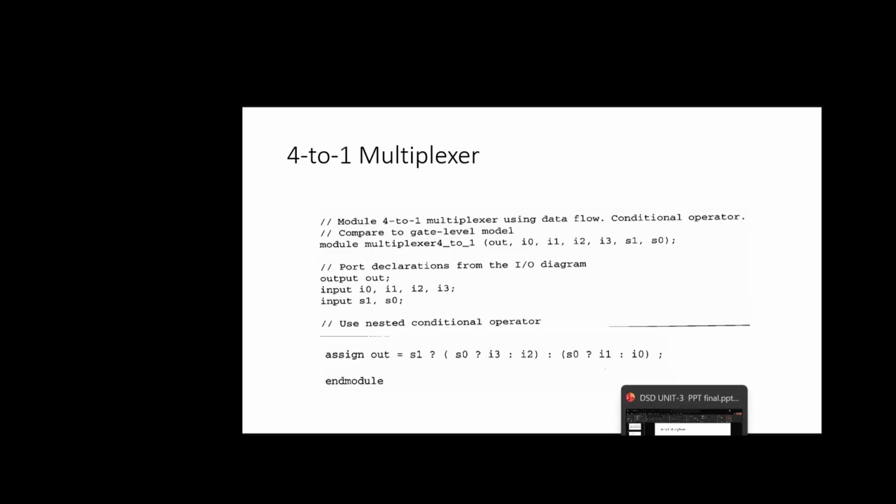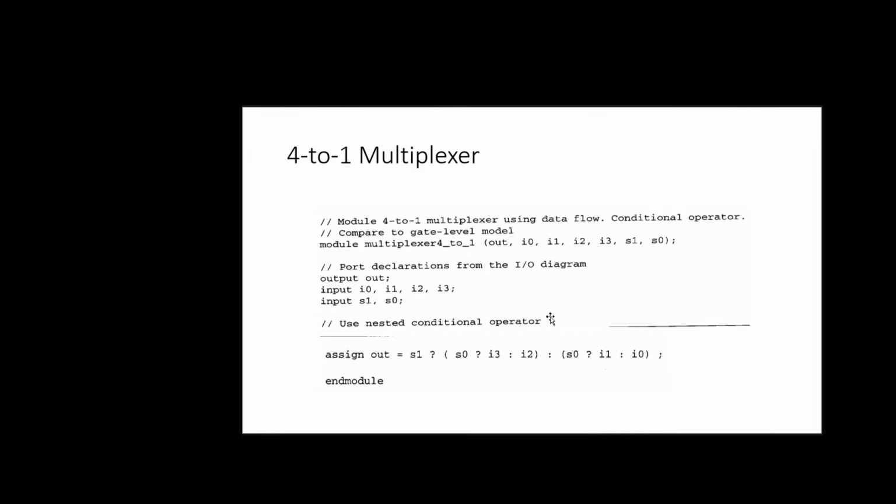Let us discuss the program that was written here for a 4 by 1 mux in data flow modeling. Here we can observe the keyword called assign. Some operation is performed on the right hand side by the operators and the value is assigned to the left hand side. Out is the output here, and this is the program written for a 4 by 1